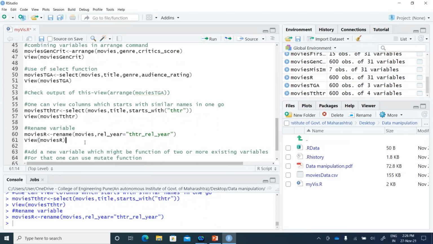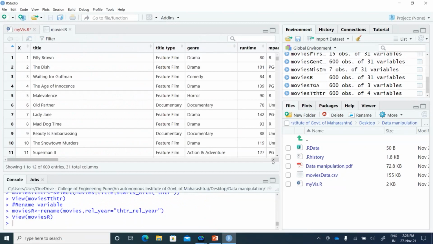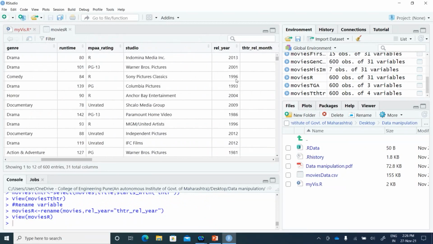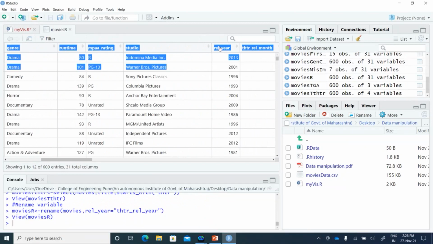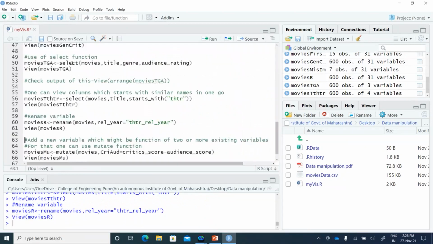And in this data frame, this particular column's name has been changed to release year. That can be very easy. So this is how one can rename the variables.